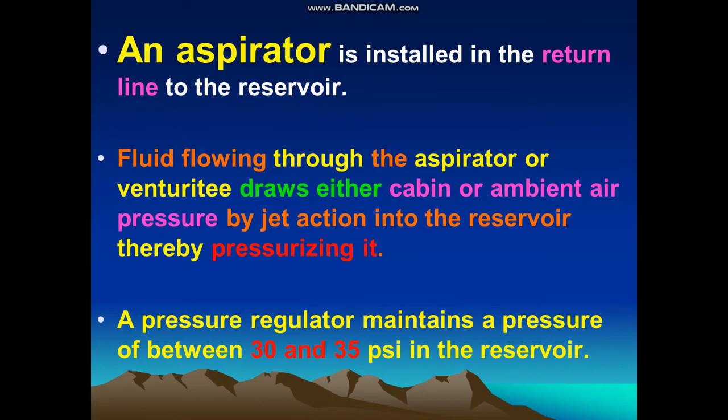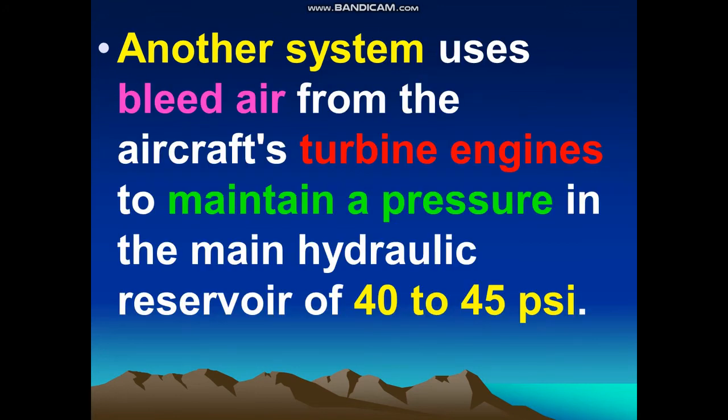A pressure regulator maintains a pressure between 30 and 35 psi in the reservoir. Another system uses bleed air from the aircraft's turbine engines to maintain a pressure in the main hydraulic reservoir of